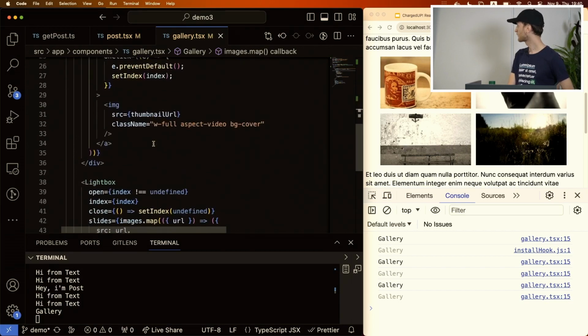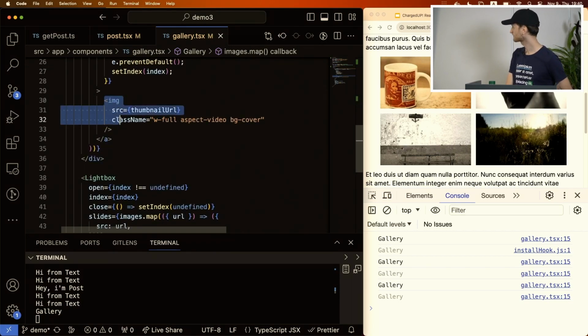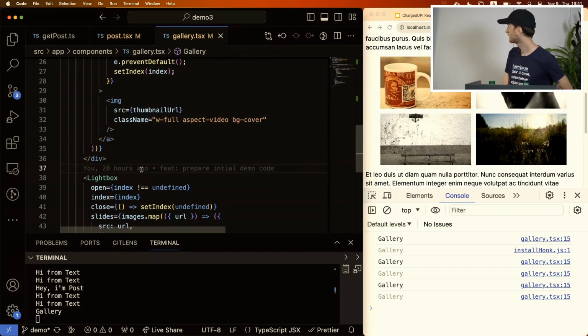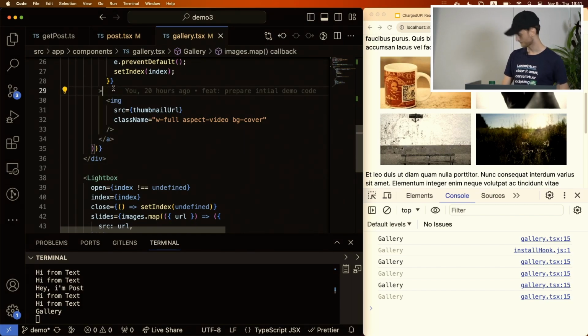OK, so what I did here is that I have just a plain image component. But I really want to use my previous image component that generates this low resolution placeholder because I think it's cool. So what if I replace,